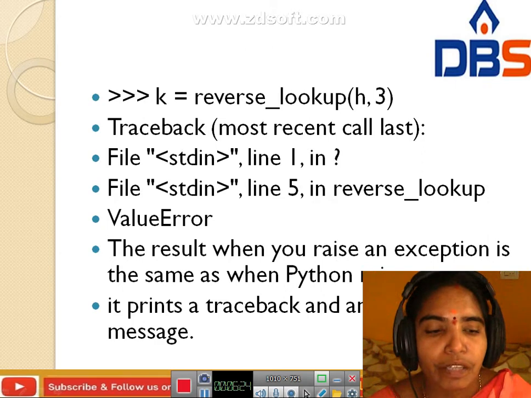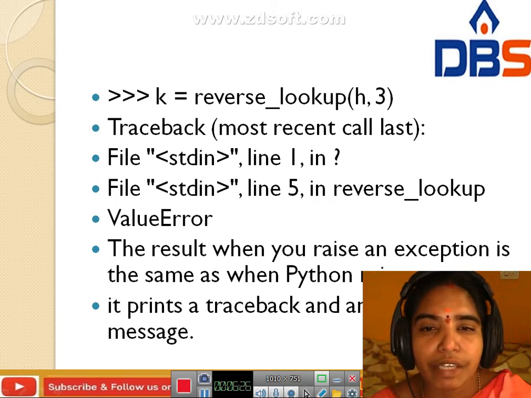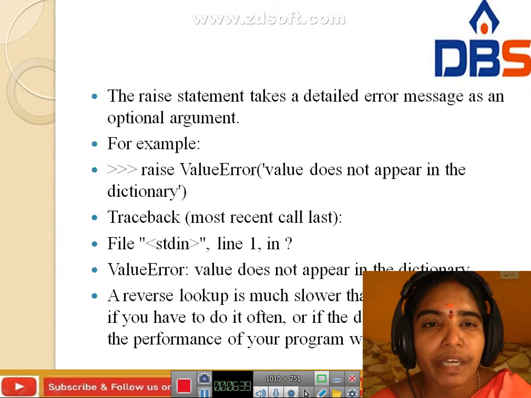The result when you raise an exception is the same as when Python raises one: it prints a traceback and an error message. The raise statement takes a detailed error message as an optional argument.